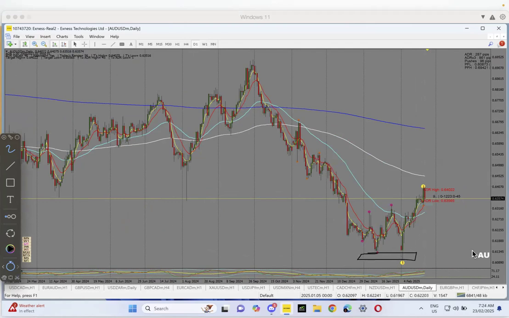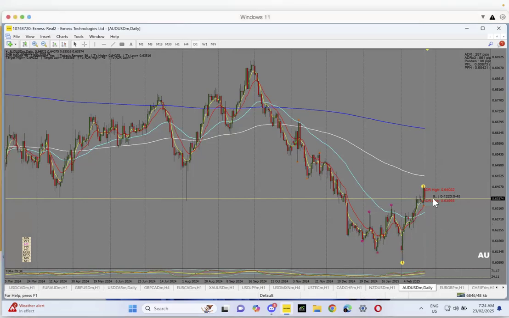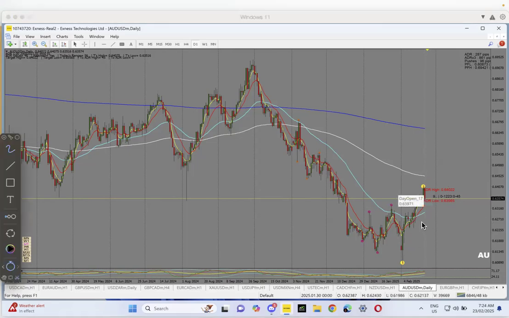And I clearly said we were going to break the neckline and go to the 200 EMA, and then we might form a reset and then go all the way down. And I feel bad about that because no one paid attention to that. And now we are at a situation where we've seen the buy unfold right in front of our eyes, and no one did anything about it. But now, nonetheless,